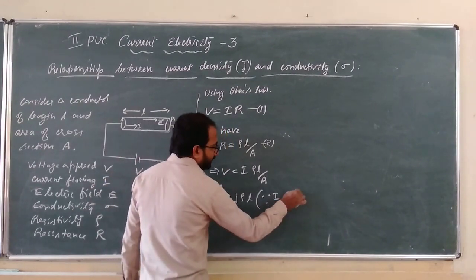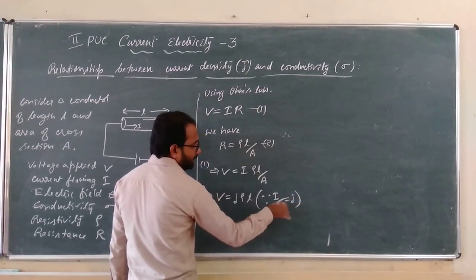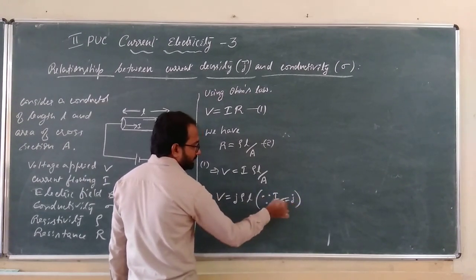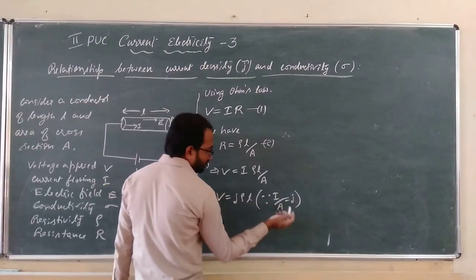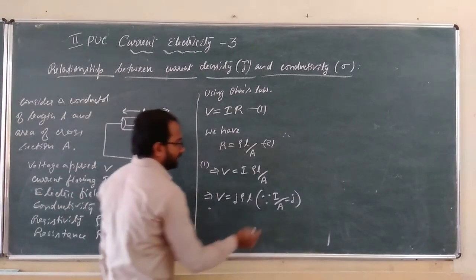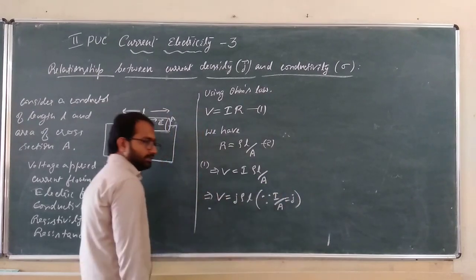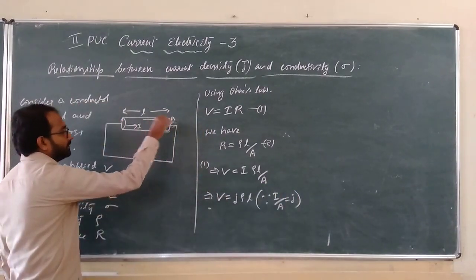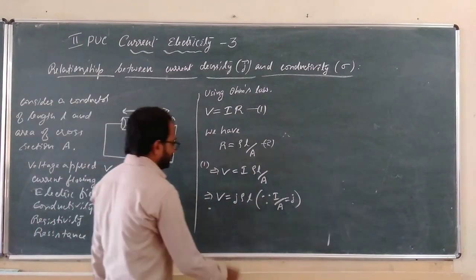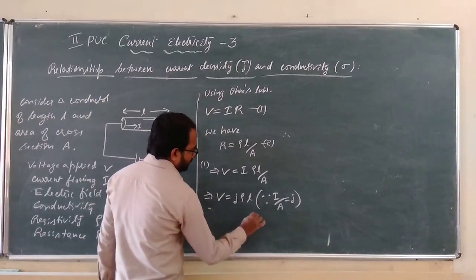So don't write vector J here, because here you cannot use vector notation for I or A. So magnitude of J is equal to I by A, because it is actually a dot product of J and A. J cos theta, theta is equal to 0, A is 1, then J becomes I. Therefore J is equal to I by A if theta is equal to 0 degree. Current per unit area is current density. So therefore V is equal to J rho L. Say this is equation 3.